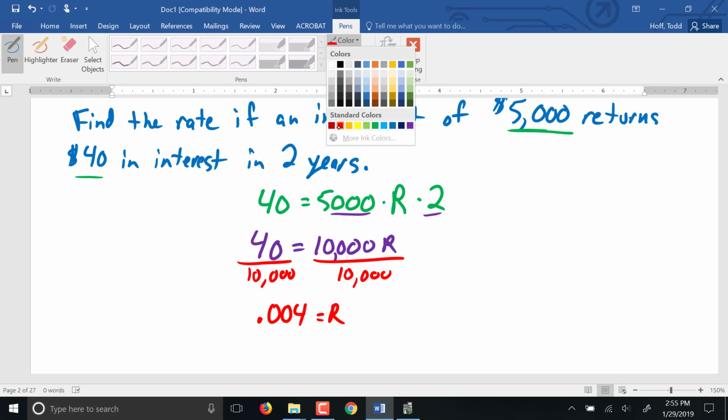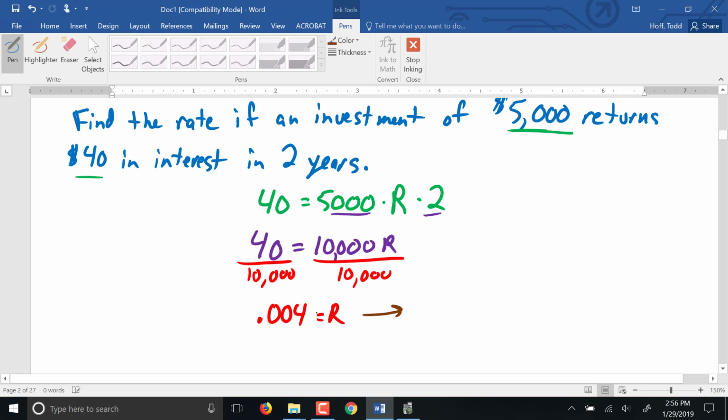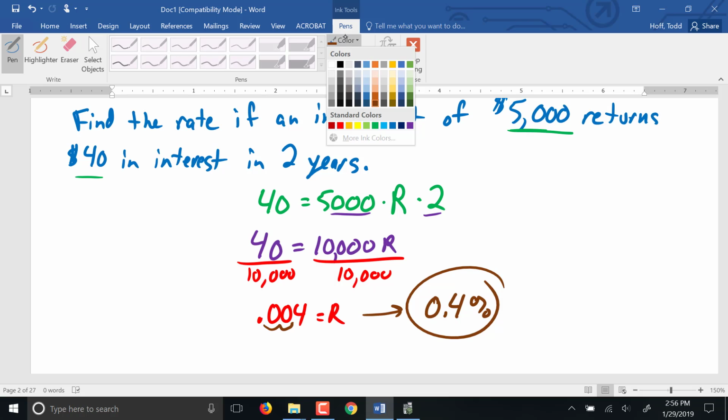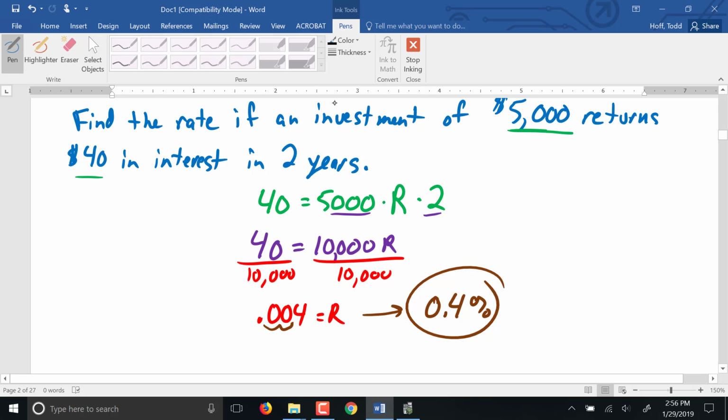That's a rate. We said find the rate, so if you left it as that, we'd be okay with it. But realistically, we put it as a percent. You move the decimal over 2 spots, that's 0.4%. Unfortunately, that's actually a little bit high for some of your general passbook savings accounts right now. So anyway,